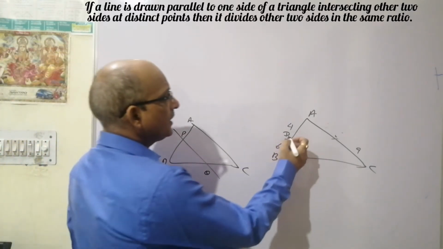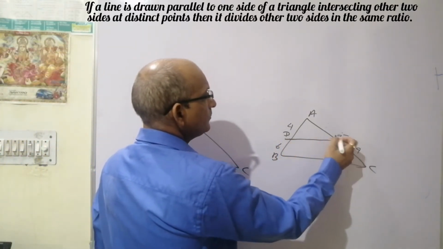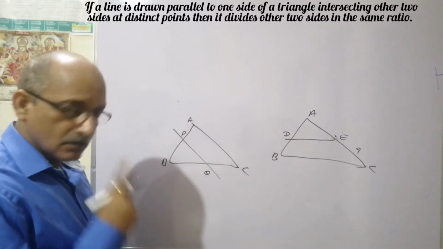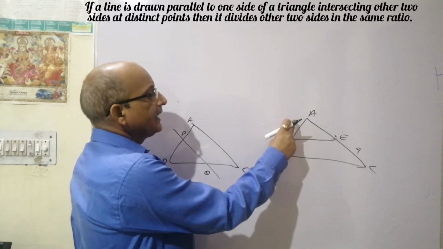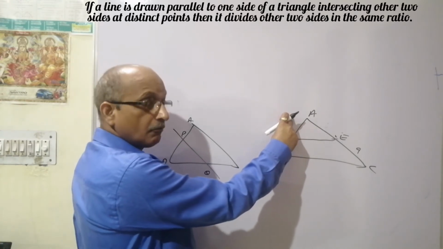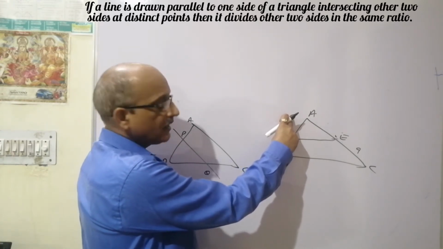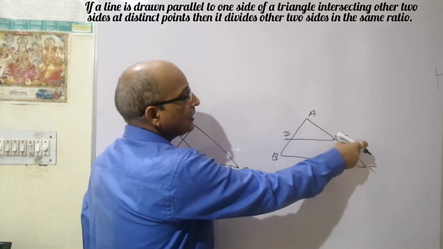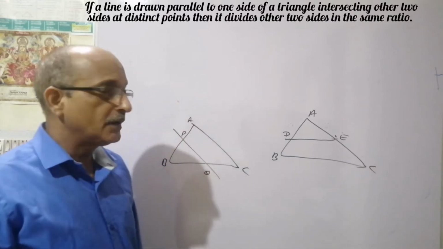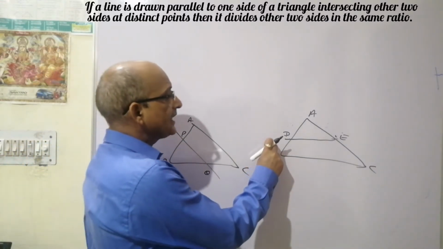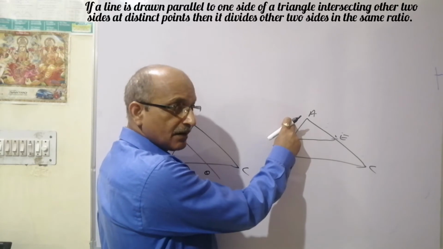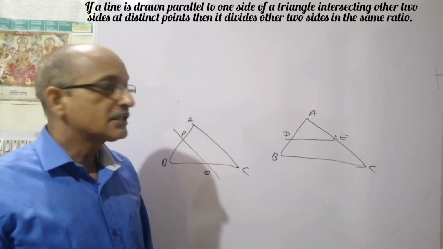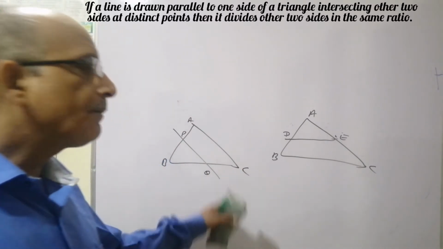One thing must be known to us for learning only. For learning we have to keep in mind that the vertex side segment upon base side segment will be equal to again vertex side segment upon base side segment. Ratios will be the same. Or base side segment upon vertex side segment for one side will be the same as base side segment upon vertex side segment. This is the application of BPT.